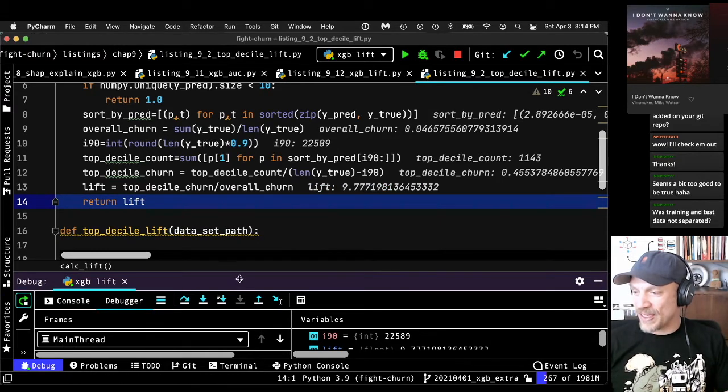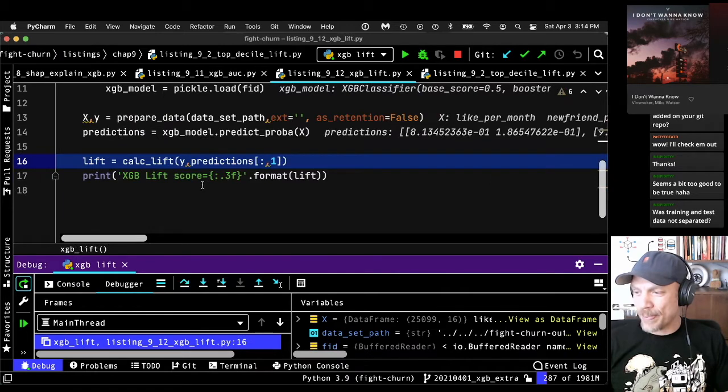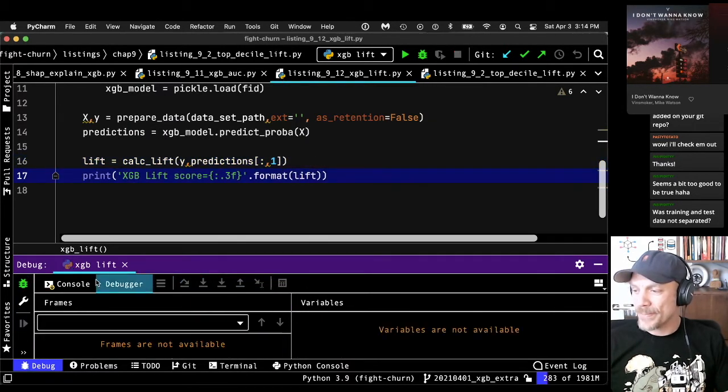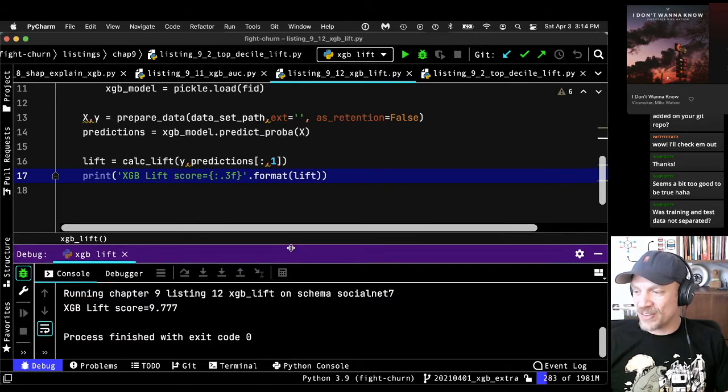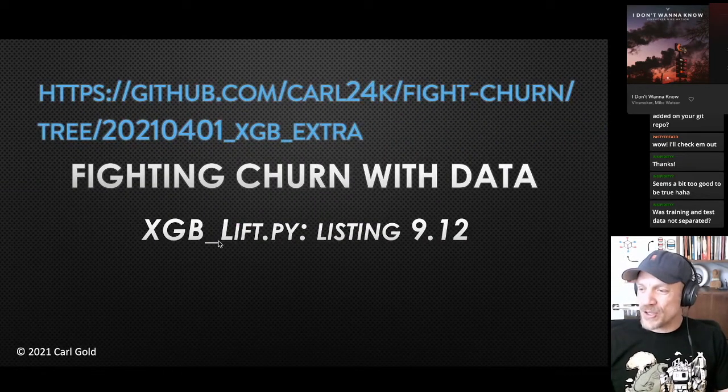And now I'll just let this listing continue because there's really nothing else that happens. Now it just prints the result, and that's the end of the listing. So here, it says lift score 9.77. Now, that sounds kind of high. And it is, actually. If you know lift measurements, this is also too high. So you don't want...